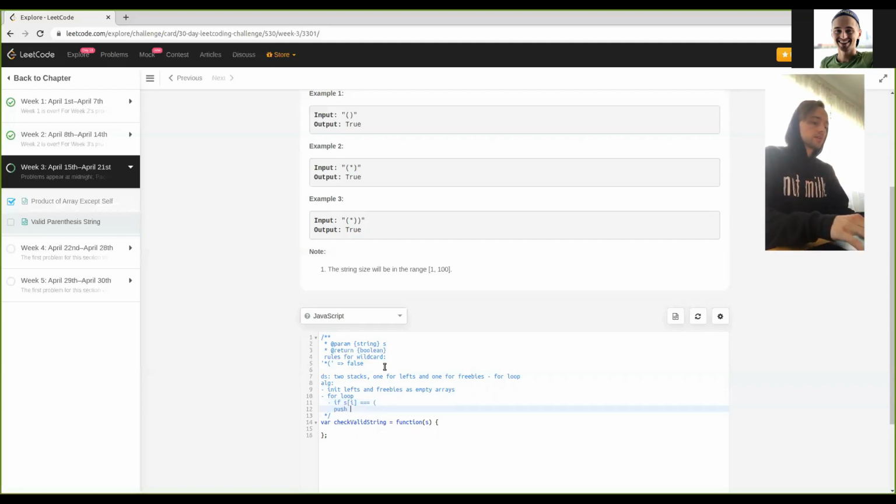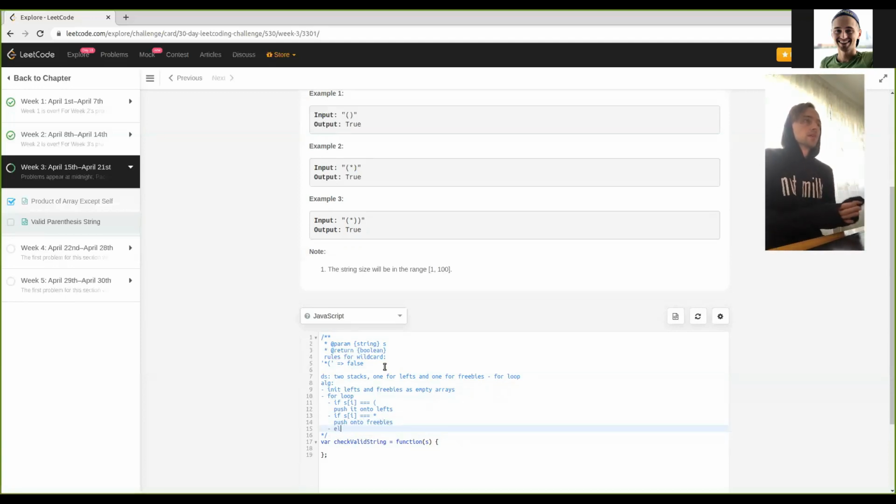If s[i] is equal to a wildcard, push onto freebies. Else, we're going to check